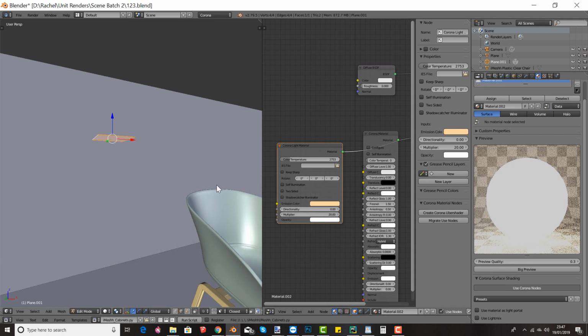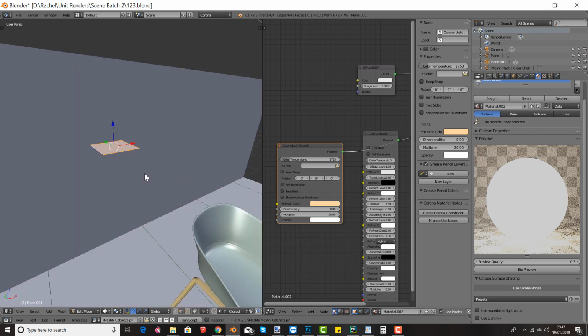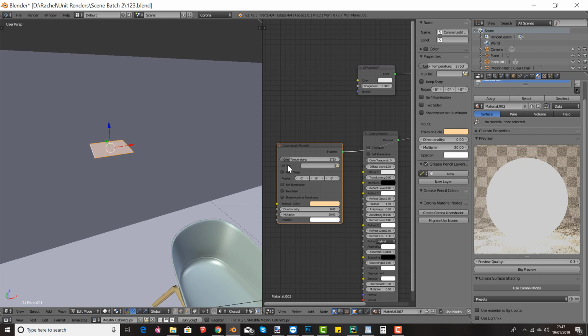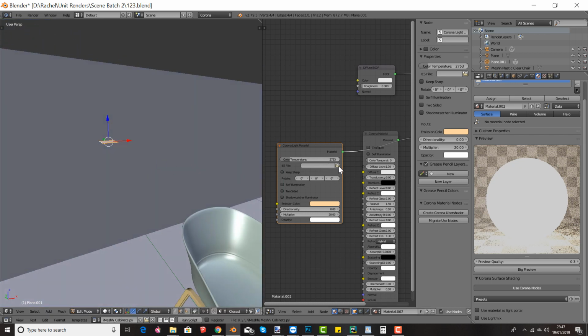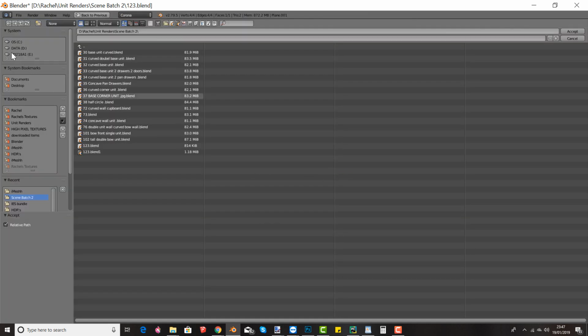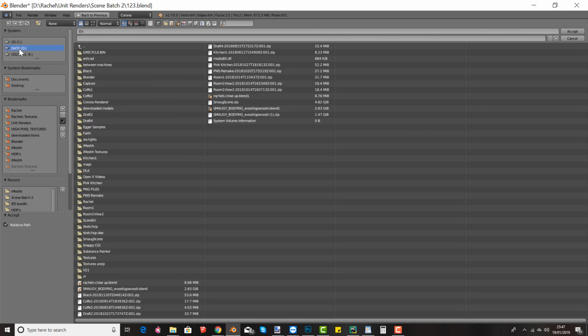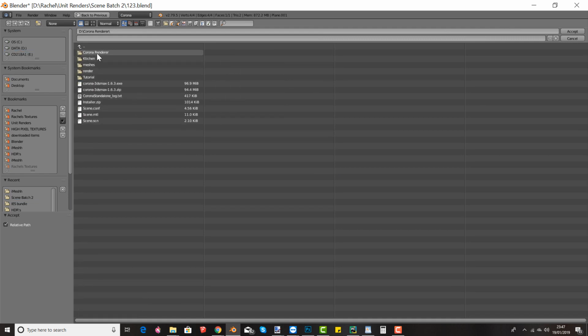Now Corona, the free one you would have downloaded, actually comes with some IES profiles built in. So for example, let's make that a bit smaller, put it a bit closer to the wall. If you select open next to the IES file and go to where you downloaded Corona, so mine's under data, Corona render, and this is where we've got all our plugins. But there is in here an IES bundle. And in here we've got some ones we can choose without having to download any. So if I was to use downlight intense pure white LED